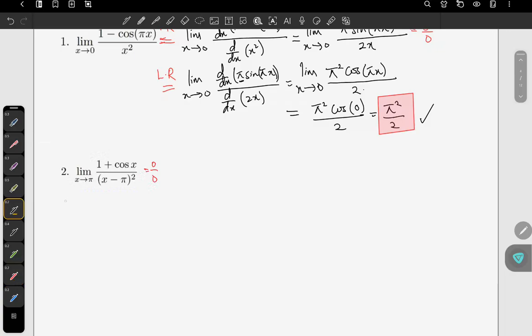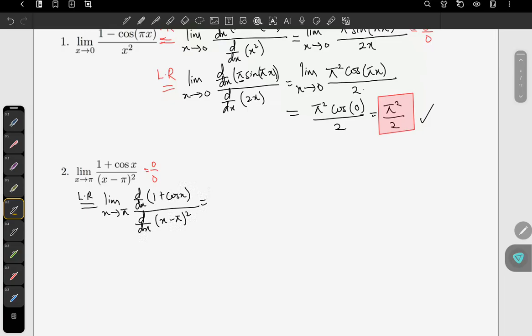So using L'Hopital's rule, this is the limit as x goes to pi of the derivative of, so in subsequent questions I'll skip this step and just go ahead with the derivative over the derivative of x minus pi squared,